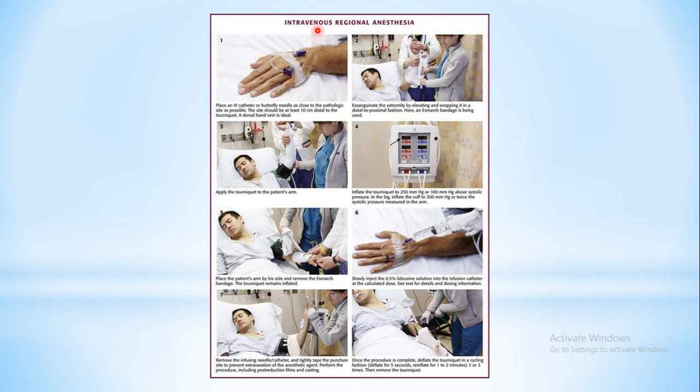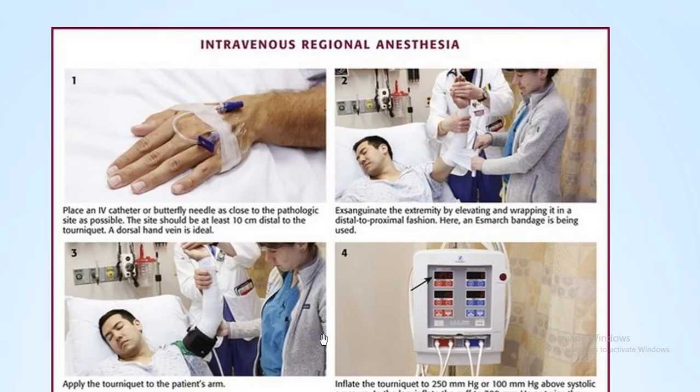Okay, so now here your drug is administered locally, but here an intravenous injection of your anesthetic is supposed to be given. Now let us see what this technique is. First of all, you need to place a catheter through which you need to inject your drug. So you need to insert a catheter in your vein where you are supposed to inject your local anesthetic. Immediately, you are not supposed to inject your local anesthetic.